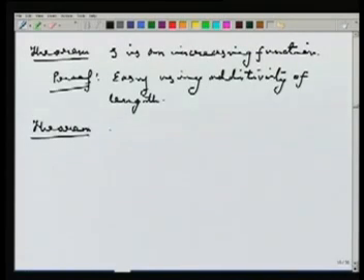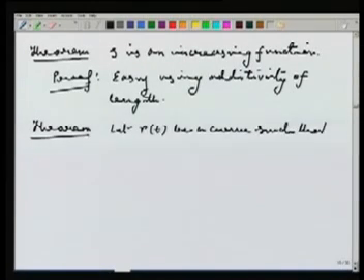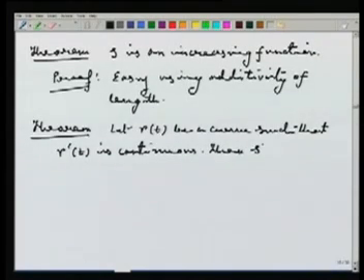Let r(t) be a curve such that r prime t is continuous, then S prime t